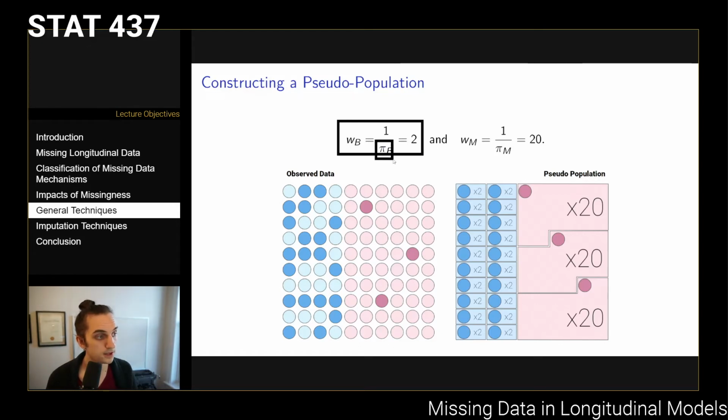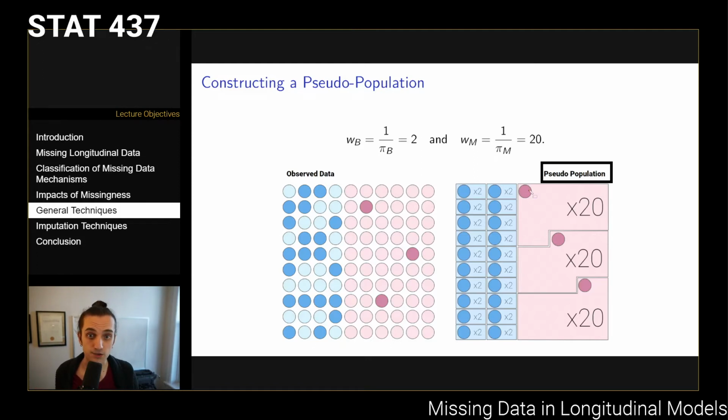So we knew that pi b, we estimated that to be 1/2. And so if you take 1 over 1/2, that gives us 2. And so if each individual counts for 2, then we've reweighted them up to this pseudo population, where the blue individuals are as represented as they were in our true population. Same thing with the magenta. If we take 1 over 5%, that's going to give us 20. So if we count each of these as 20 people, then we've reweighted them up to be 60% of the